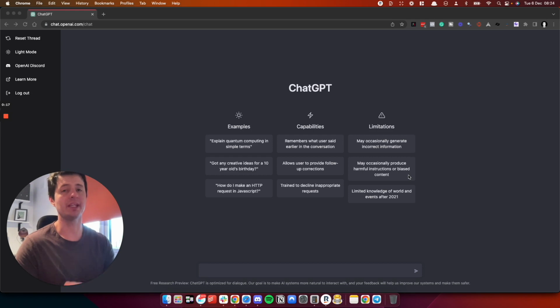The difference is with the older models, you used to have to provide an input. So you'd have to say, this is a cold email, here's some examples, please write another one. With ChatGPT, you can literally tell it what to do and it will do it for you. It remembers the conversation and you can iterate as you go.